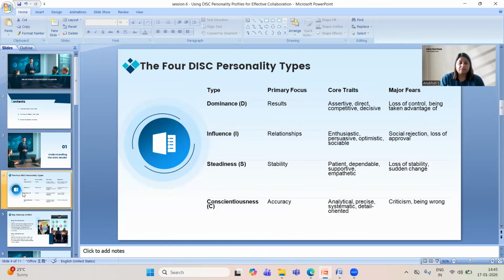What are the major fears? When you talk to dominant personalities, they are always trying to be in charge of certain things. They are really unhappy to lose control, and they are fearful that somebody can take advantage of them. So they always want to be at the highest point. That is the trait. It's not that they are bad at it, but this is the trait where they want to stay in power, want to stay in the decision-making circumference. This is a personality type.